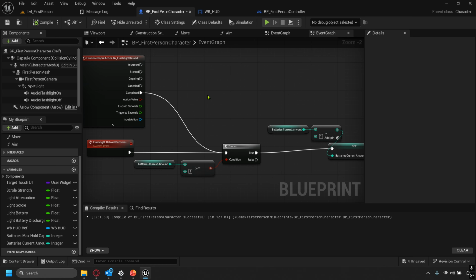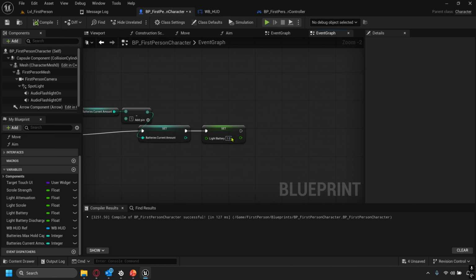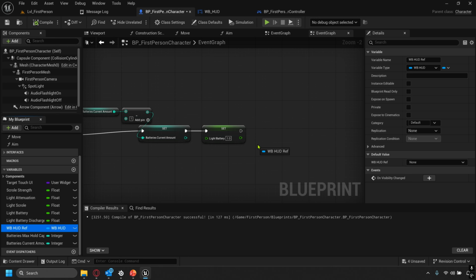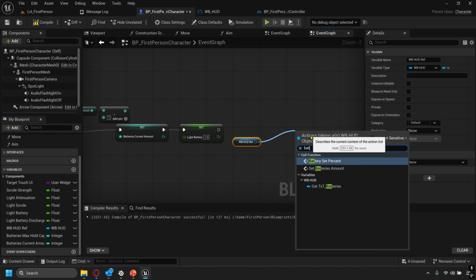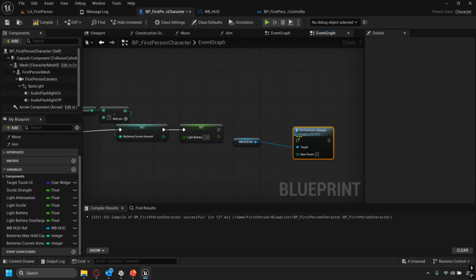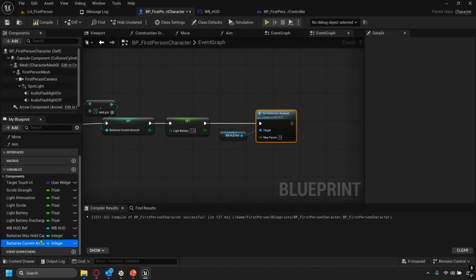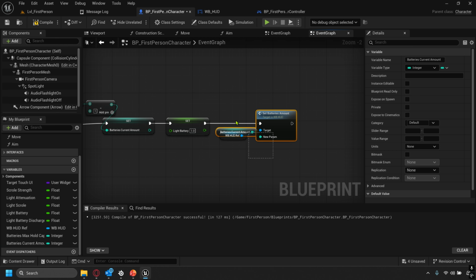If I return to our first person character, in here, when we consume a battery, we'd like to actually update our HUD to know that we have consumed one. So if we get our HUD and we type in set batteries amount, we can drag right into here, and then we can grab our batteries current amount into here,